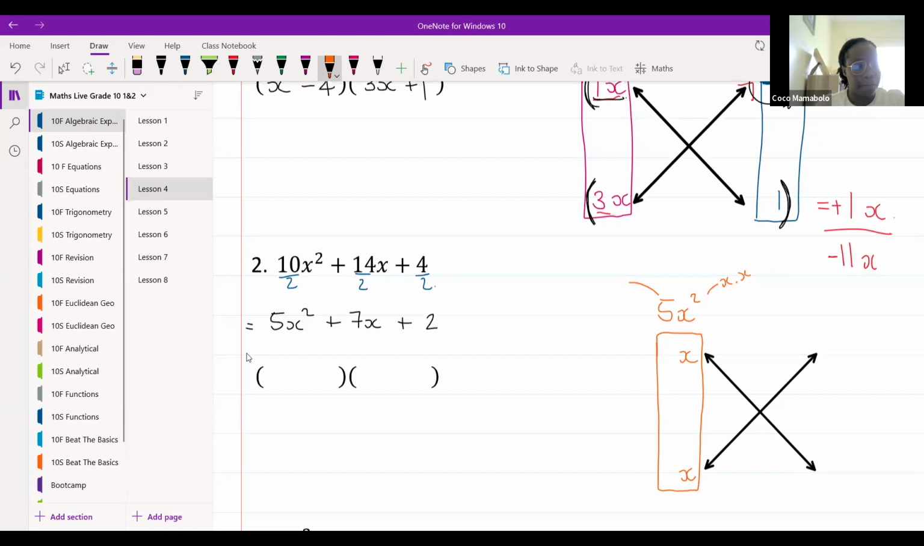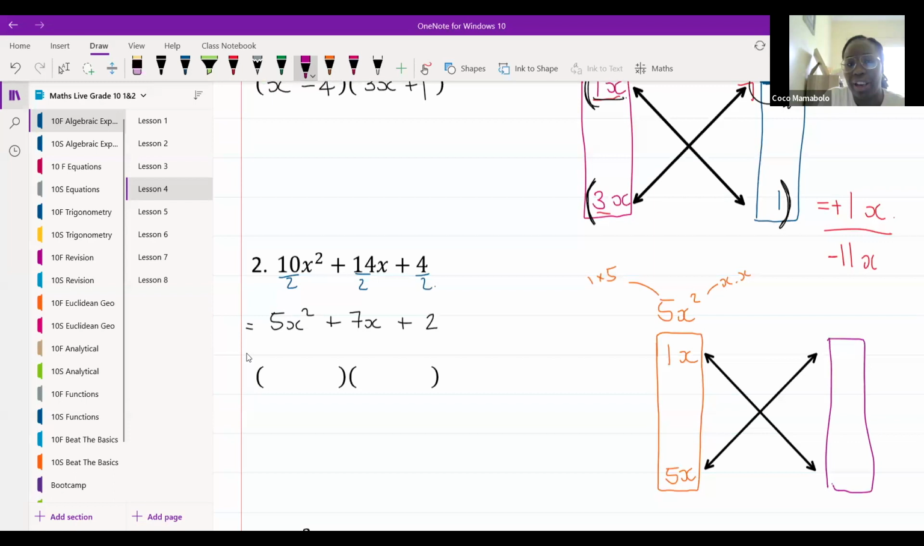1 times 5. Beautiful. Well done, Lutando. That's it. 1 times 5. So I'm going to then put a 1 here, and I'm going to put a 5 there. All right. That's the first part done. Let's go to the second part. Over here,